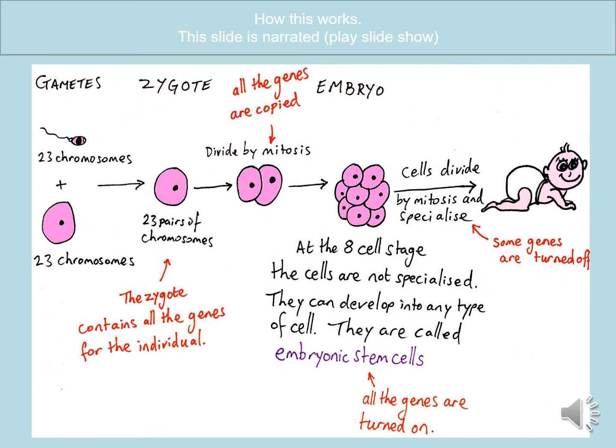Following on from this stage, these cells will continue to divide by mitosis and become specialized, and during this process some of those genes will be turned off so that those cells will have the information that they need to create the proteins that they need to function. So whether it be a nerve cell or a muscle cell or a skin cell,